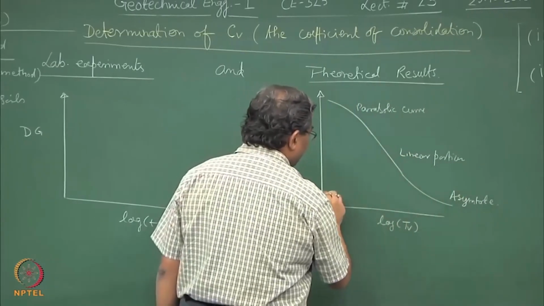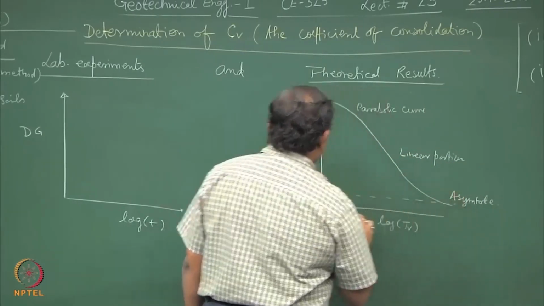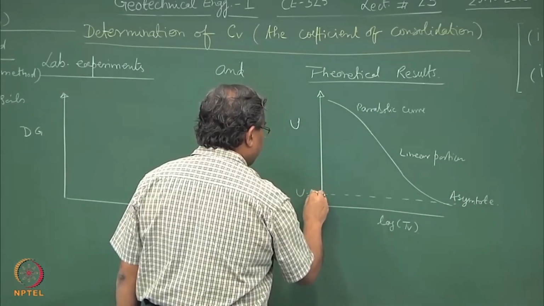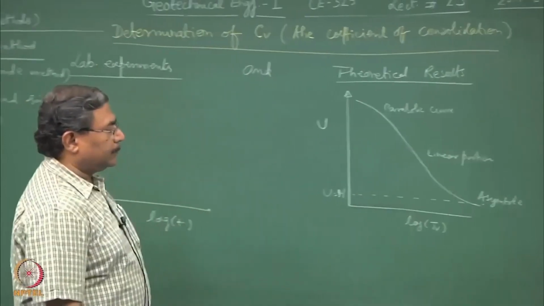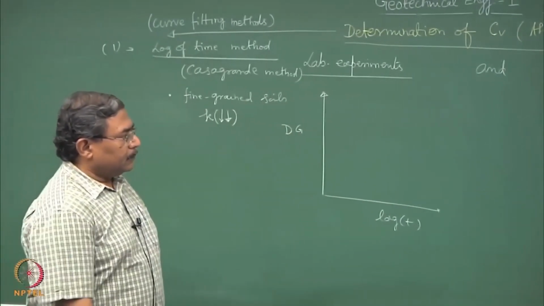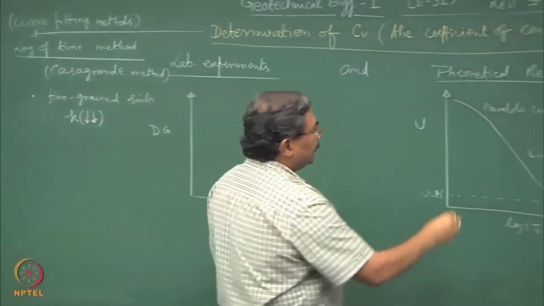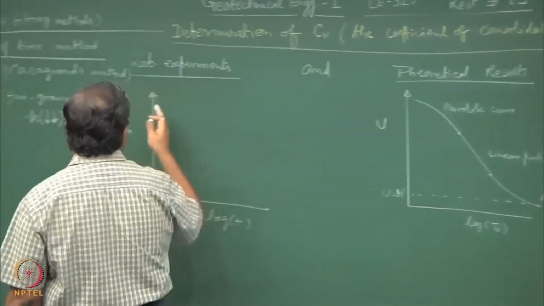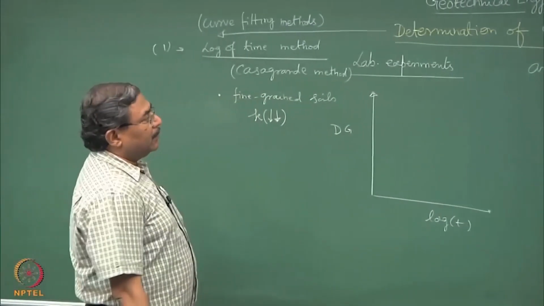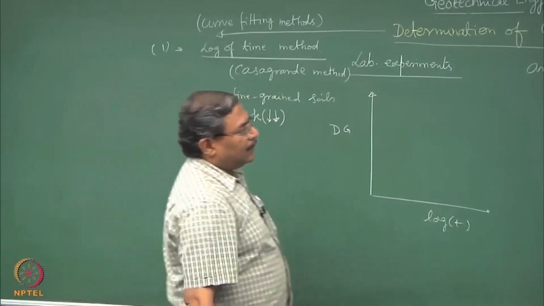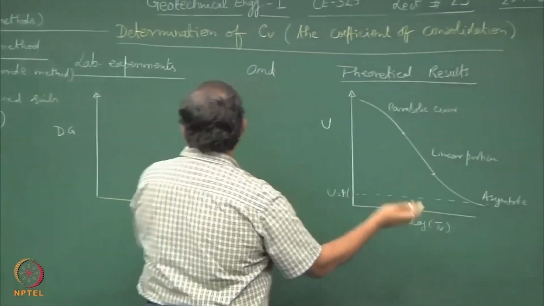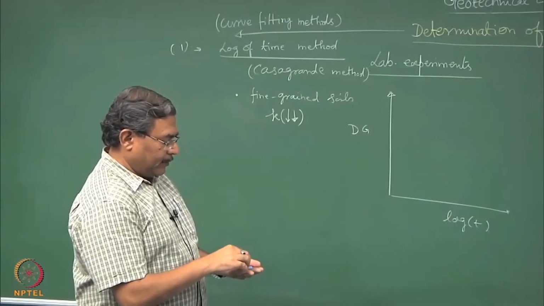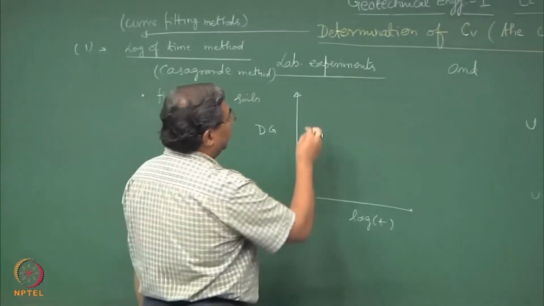And this becomes asymptote at approximately U equal to 90%. Now, what we have to do is the experimental data which you get from the one dimensional consolidation test, we have to do curve fitting in such a manner that these three portions get reflected on this. So, suppose I get a result like this,